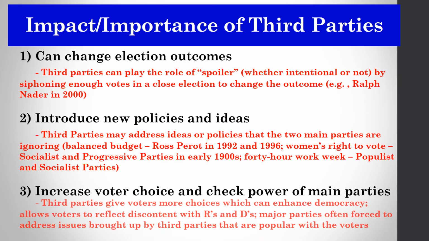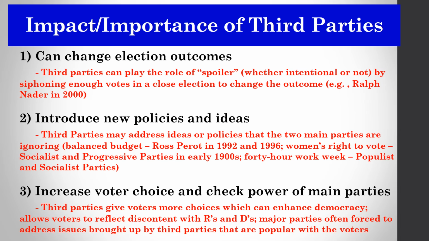One of the other impacts or importance of a third party is they can introduce new policies and ideas. So sometimes third parties have correctly identified an issue that is resonating with the public. And whether it be something like the balanced budget with Ross Perot in 1992, or women's right to vote with the progressive parties and socialist parties, whatever it may be that they have properly detected an interest in, is also